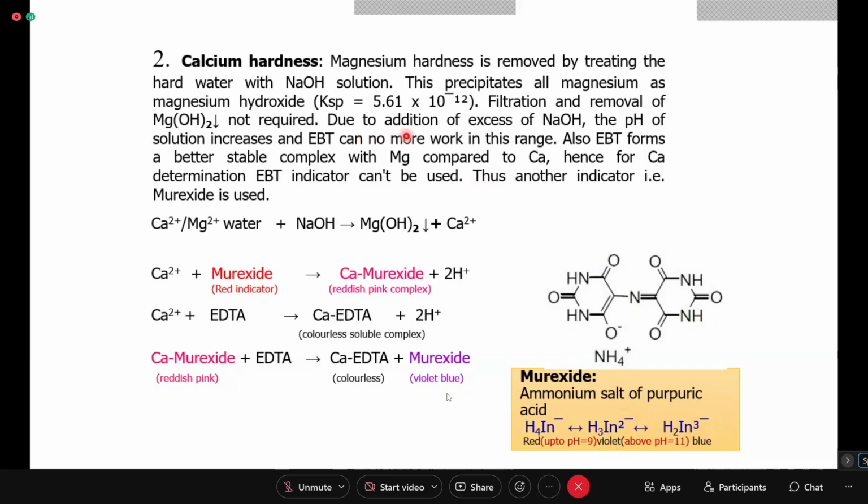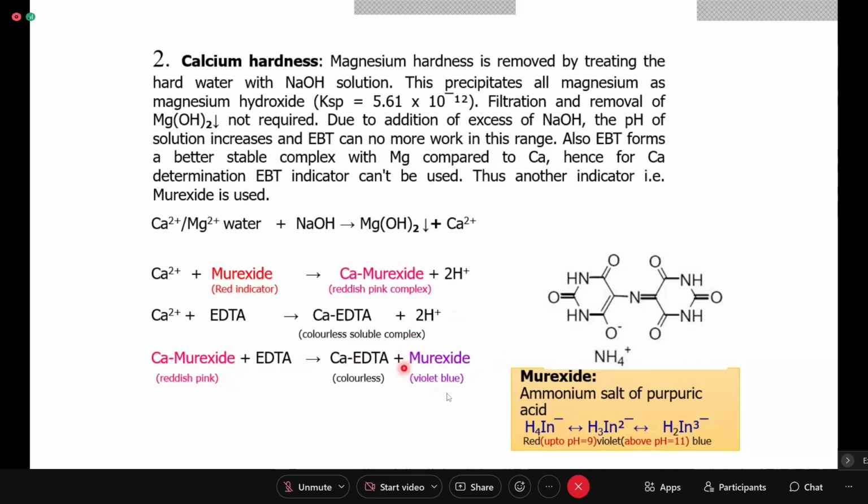Now, because of NaOH, if ever during the titration the pH, with H plus release, is lowering from 12 to say 11, still you can identify it as blue violet or violet blue in color. So what I observe is it is pink to a purple violet sort of thing. Okay, so everyone has their own definition of calling each color. For me, I never found any blue color in it.